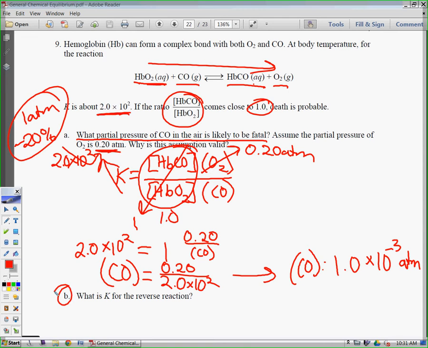All right, for B, we're going to use the trick that we know. If you want the reverse reaction, you take the reciprocal of K. So 1 over K is going to be the K of the reverse reaction. So all I'm going to do is I'm going to take the reciprocal of K, which we already know that K is 2.0 times 10 to the positive 2. So the reciprocal of that is going to equal our new K. And so when we do that out, we're going to get the K of the reverse reaction is 5.0